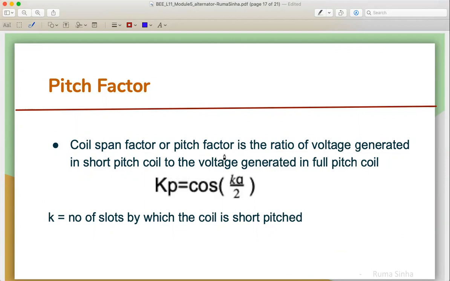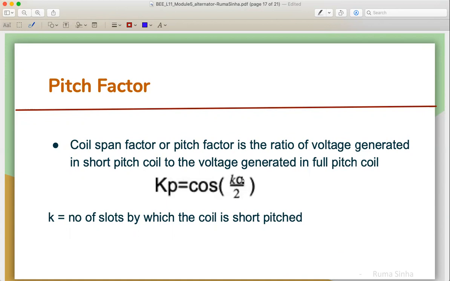If the coil is short pitch, then the generated voltage will be lower. The factor by which the induced voltage gets lowered is called the coil span factor or pitch factor,